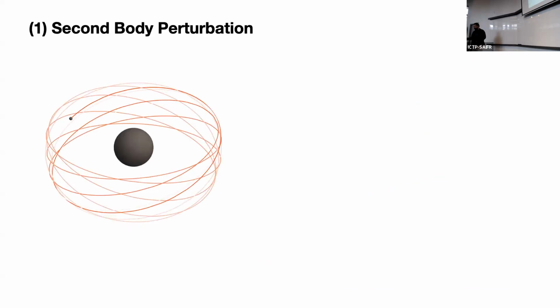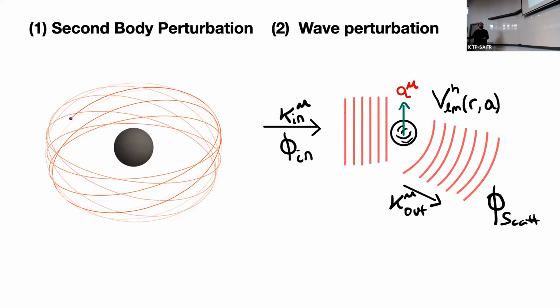Okay, so we can then perturb black holes. There are two ways of perturbing black holes. One is putting a companion for this black hole, like for instance, we heard from Oleg's talk how to put this in the extreme mass ratio case, approaching this problem from self-force computation. Another way is by throwing a massless wave, like a plane wave. This plane wave is going to be scattered because of the gravitational potential created by the black hole. We're going to see that these processes are actually very related, and we're going to study them individually.